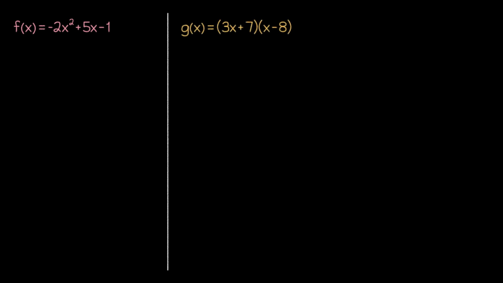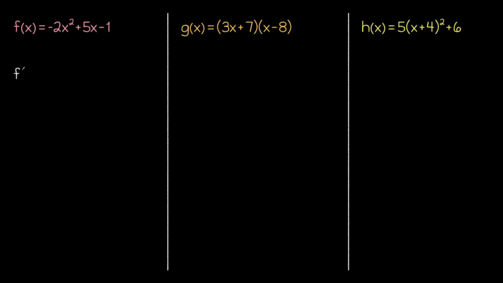To kick things off, let's look at three different quadratic functions and evaluate each of those functions at a couple values. As we write these functions, notice that f is in standard form, g is in factored form, and h is in vertex form. Then, we'll start by evaluating f of 4. When we do this, we're going to replace both x's with the number 4, and we're going to put those 4's in parentheses. At this point, we can think of our three terms as three separate expressions, where the first two expressions need to be further evaluated.